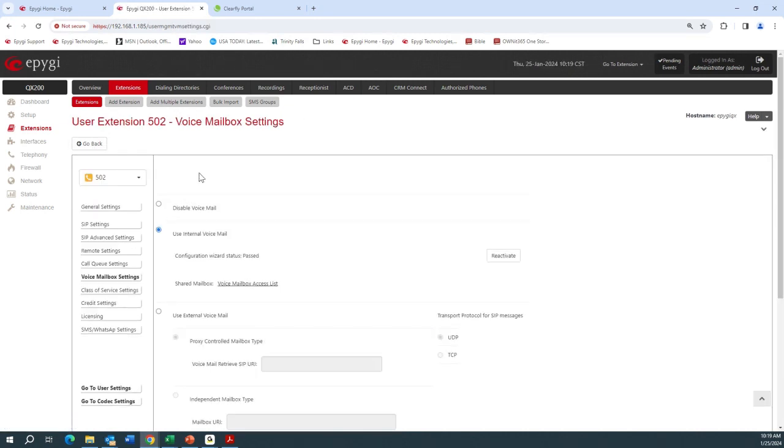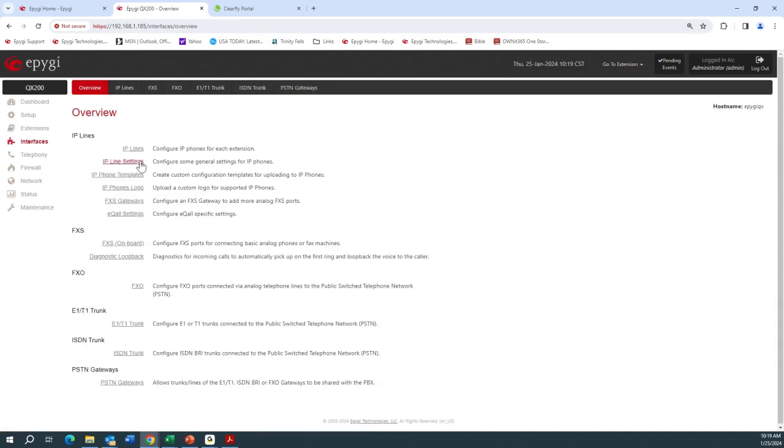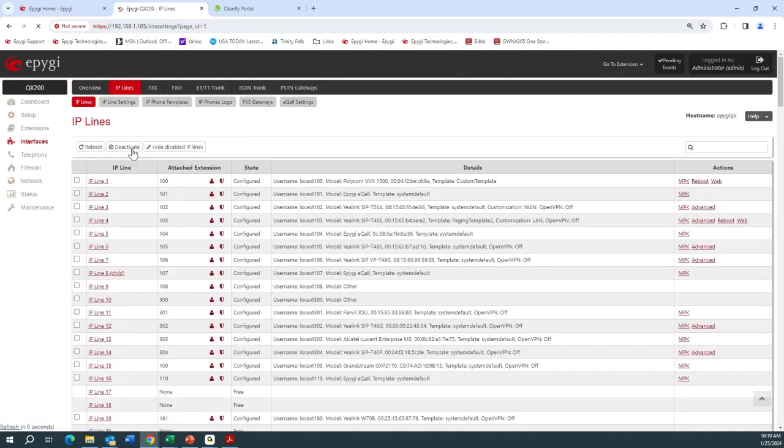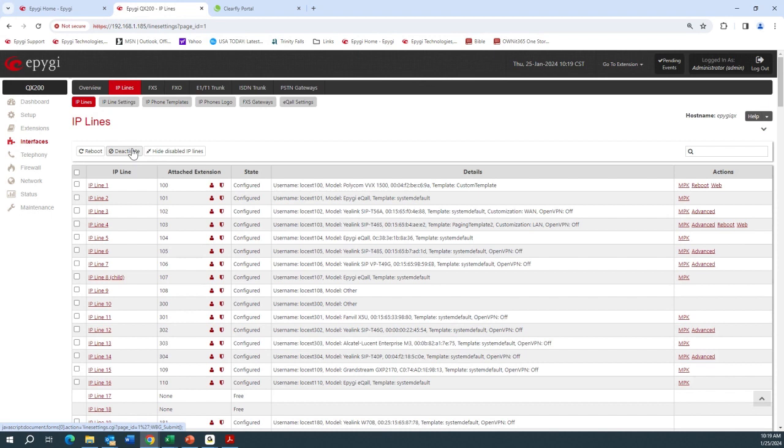Okay, and in this case we're using IP line 3. Let's see, it's going to be IP line 4, which is this extension 103. And on the far right side, if you click on MPK, the programmable key, we'll use key 4. And on key 4,